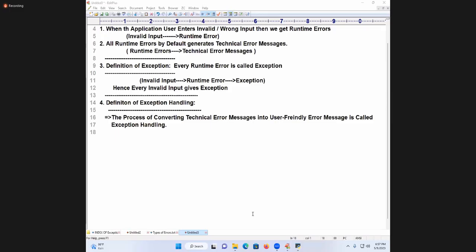Sri Lakshmi, and only a few people are interacting. The others are not interacting. Is there any problem, ma'am? Are you taking snacks or what? We are writing. Okay, Samyukta, you are writing notes.